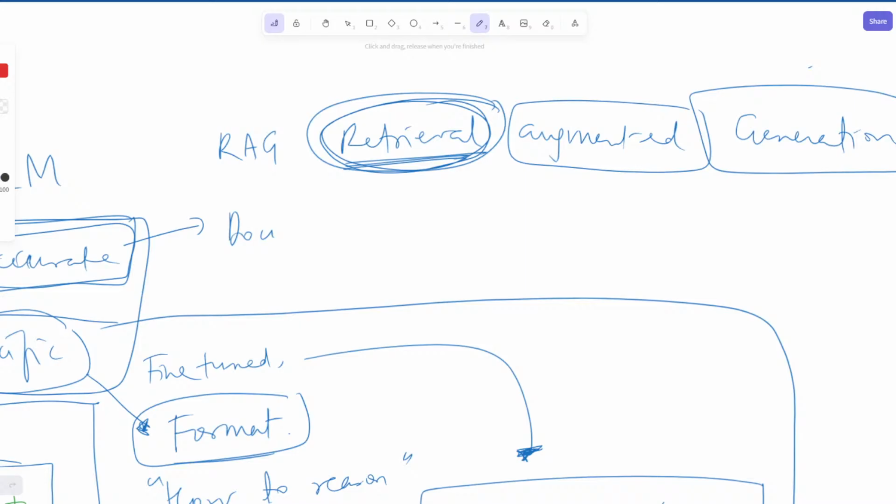In general, documents which are related to these queries can be sent to the model for context.